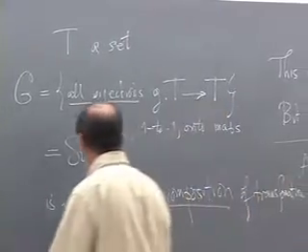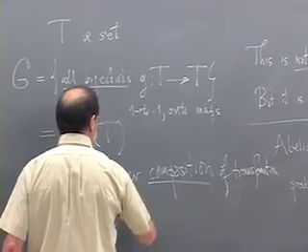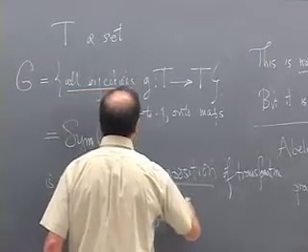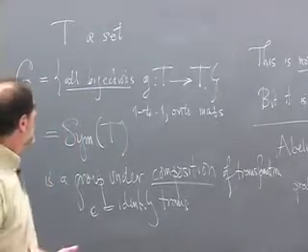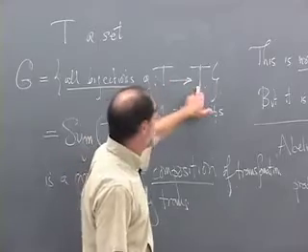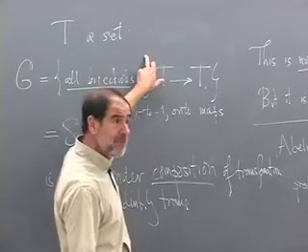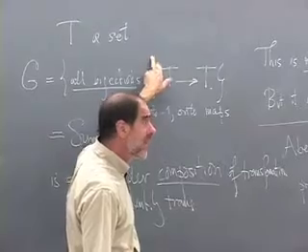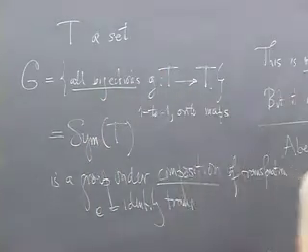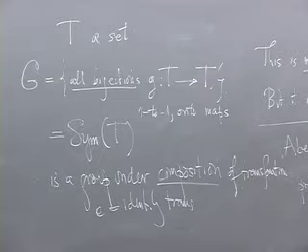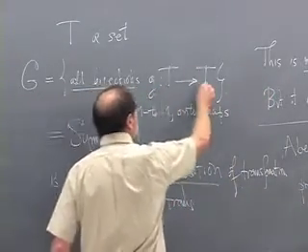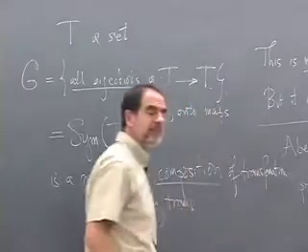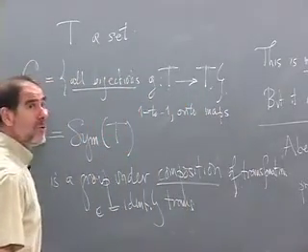The identity element is the identity transformation that takes every element in the set T to itself. That's certainly one-to-one and onto. The inverse element is the inverse transformation. If you have a transformation that's one-to-one and onto, you can send the transformation back. That's G inverse. And composition of maps is associative, just like we proved composition of linear maps is associative. Because if you have three maps and you compose them, no matter which way you do it, it's the final map that takes an element in T first to this map, then to that map, then to the third thing in T. So this is the most general group in some sense of the word.